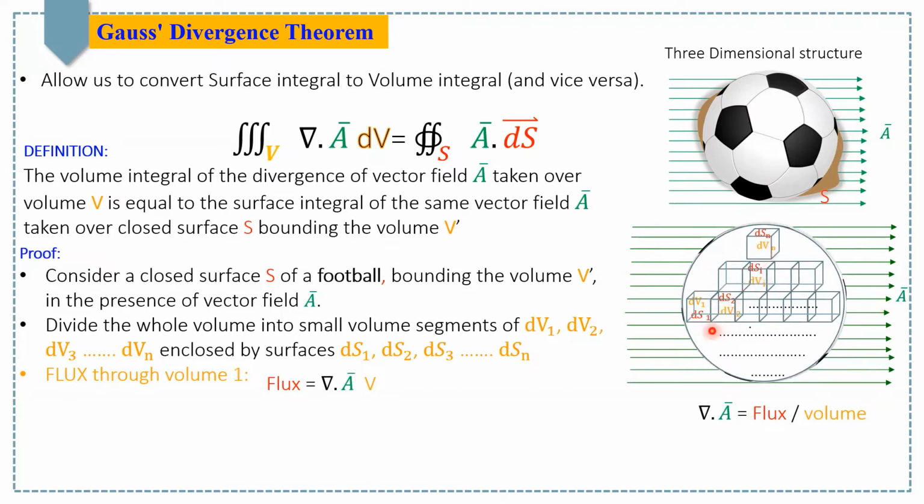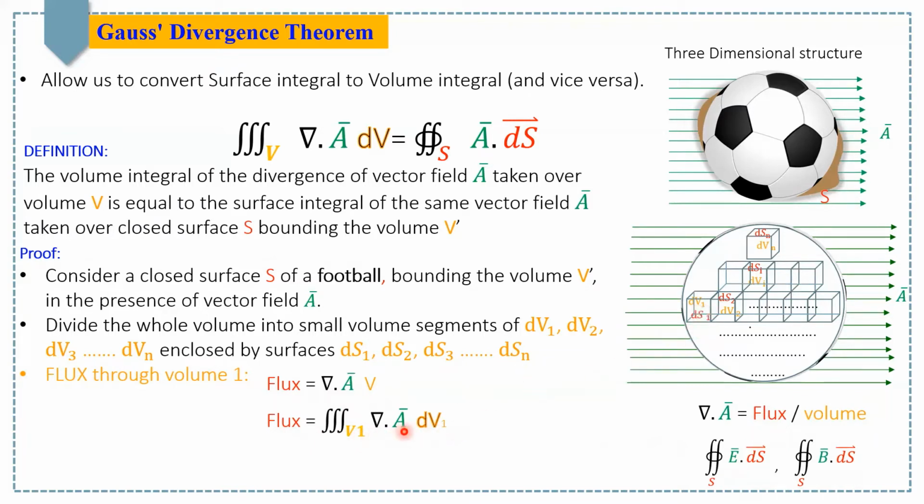Now, to find the flux from volume 1, let's first look at the definition of divergence of some vector. That is, divergence of V is equal to flux over volume. This flux is like electric flux or magnetic flux, where the electric flux is the closed surface integral of E dot dS, and the magnetic flux is the closed surface integral of B dot dS. By following this definition, we can find the flux for volume 1. The flux is equal to divergence of A times volume V,